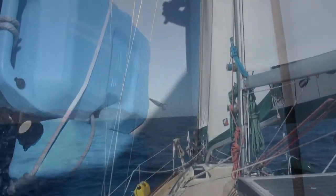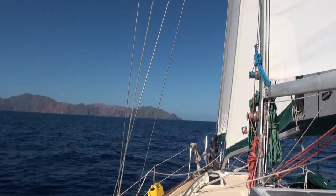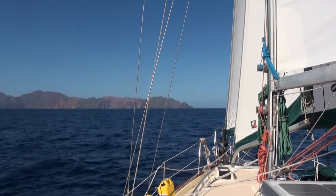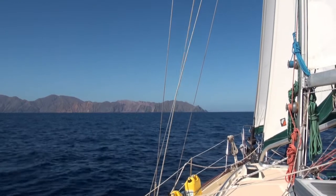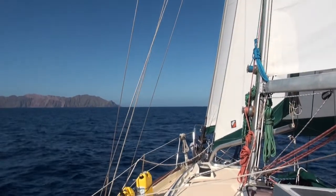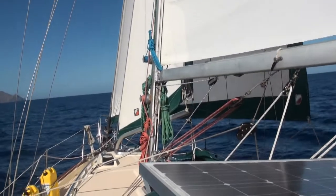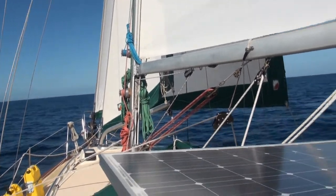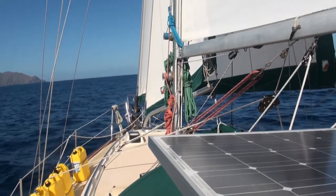Well, it's Easter Sunday morning, about 9 a.m., and we are approaching the San Lorenzo Channel that will take us to Bahia de la Paz. We noticed that as we approached Isla Cerralvo, here on the left, it reminded us of the approach to Santa Cruz Island from the south, off of Santa Barbara, California, our home port. We had the main and the jib up most of the night last night, as the wind came up to about 15 knots,